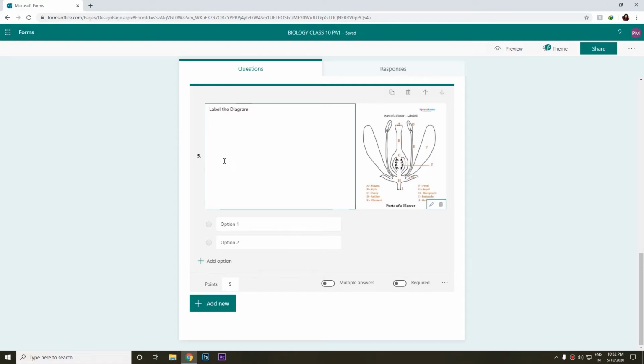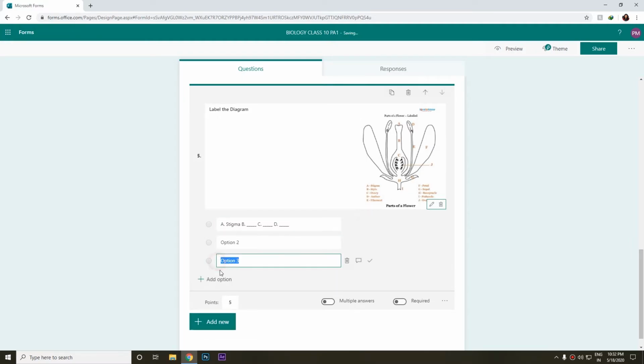Okay, so the A is stigma, B is something, C is something, D is something, and you will add multiple question here.